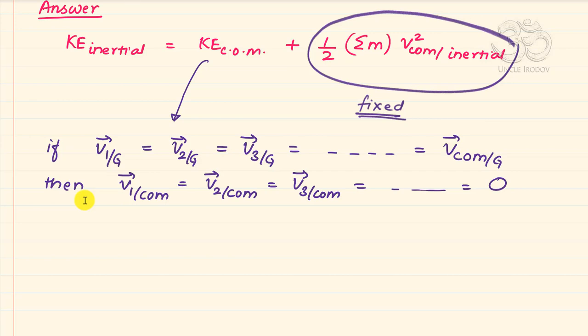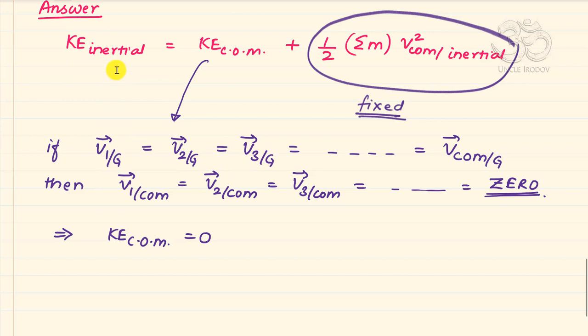And that means that KE in the center of mass frame is going to be 0, and that will give you the least value of KE in the inertial frame. In fact, since I'm using ground here, I should say ground,